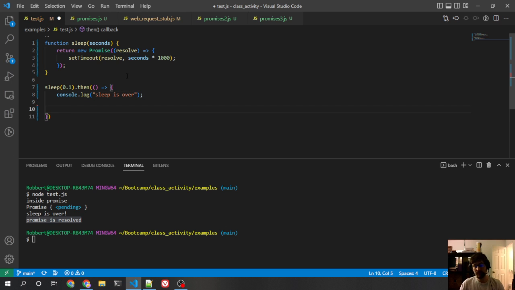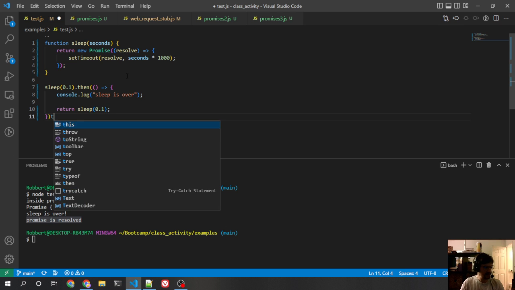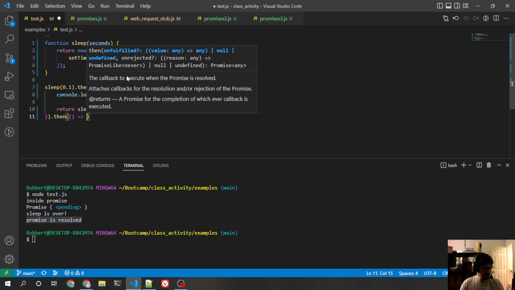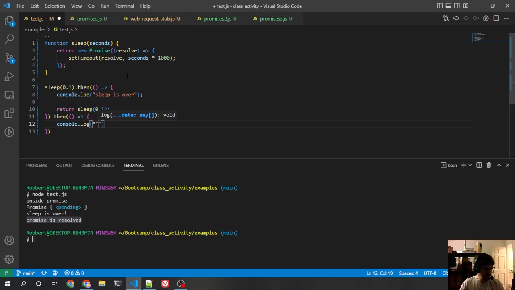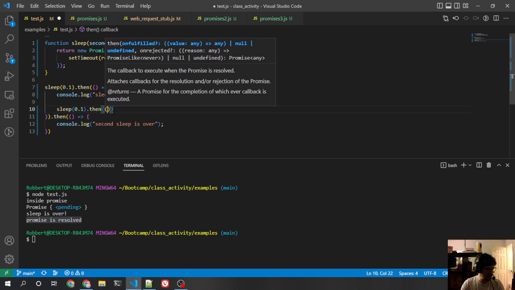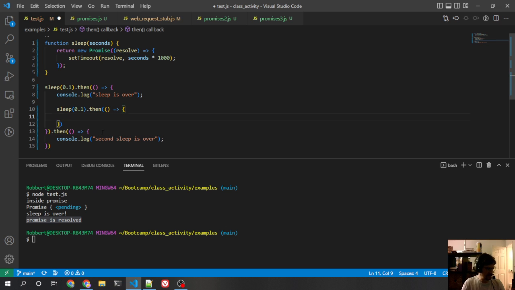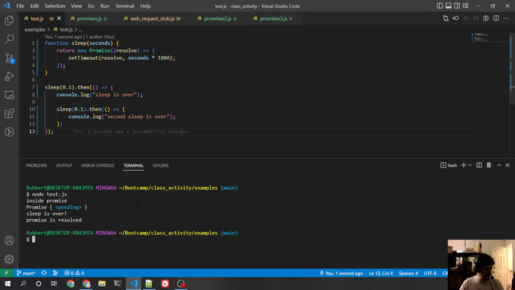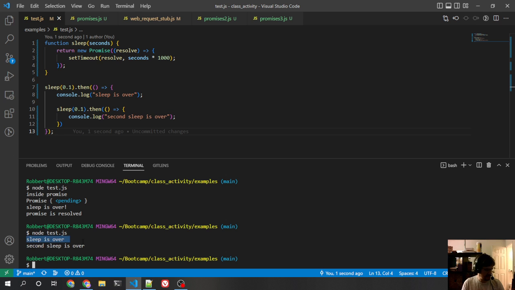Then if we want to do another one, we can actually just return it and then do another .then. Log second sleep is over. Now that's a little odd. So normally you would want to say, okay, well, we're going to do sleep.then like this, and then the console log second sleep is over. And that will work. So if we run this now, you see we get that sleep is over, second sleep is over in relatively quick succession. But this is still just callback hell. We haven't actually fixed anything. So